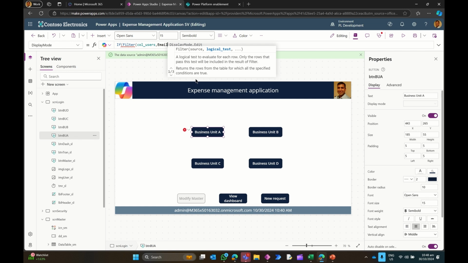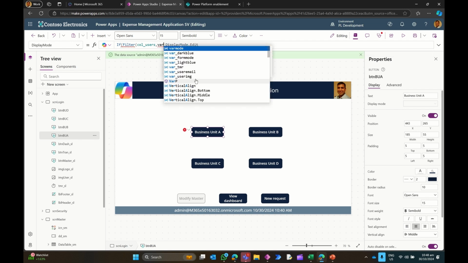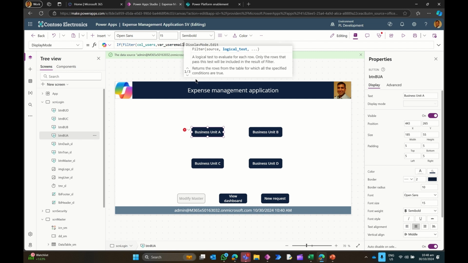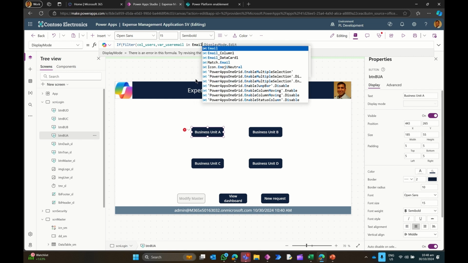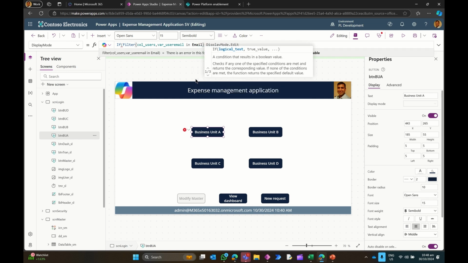If I filter the call users, and I say the var user email, if var user email is in the email here, right? If filter that, then